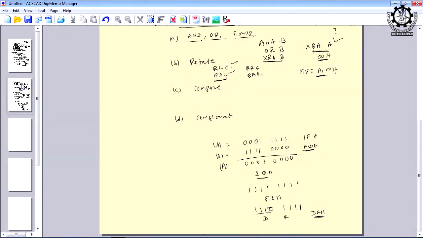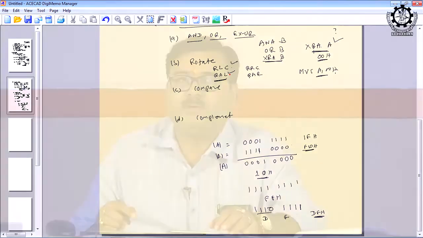Did you understand? We can say that rotate accumulator left means the accumulator contents will be shifted or rotated left 1 bit position through carry. Is it okay? Through carry means the leftmost bit position will go to the carry flag, because the carry flag can accommodate 1 bit, and whatever the status of the carry flag during that period, that will be stored in the rightmost bit position of the accumulator.